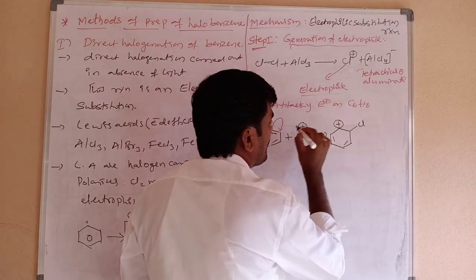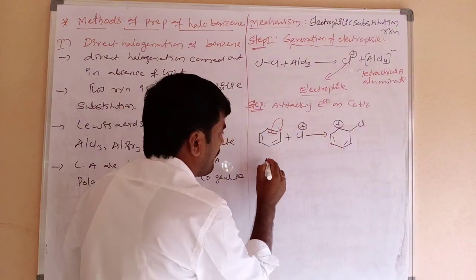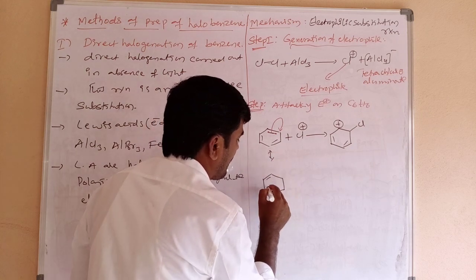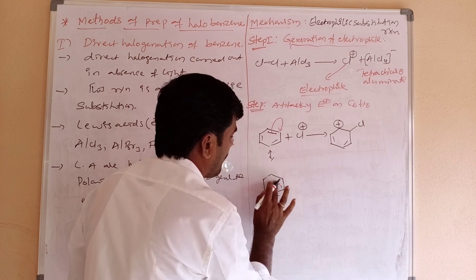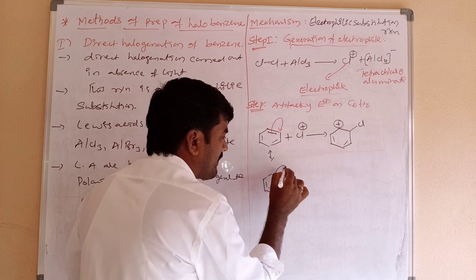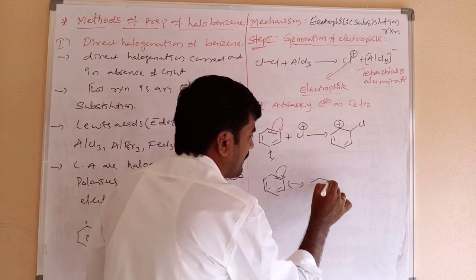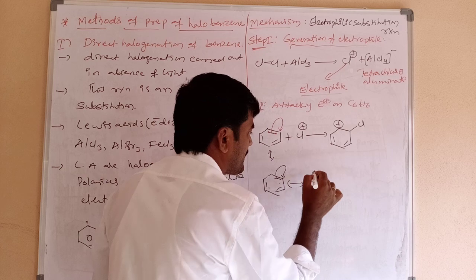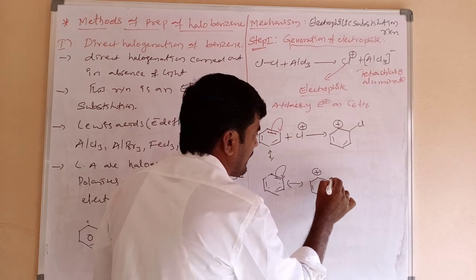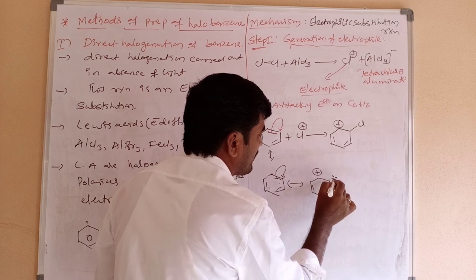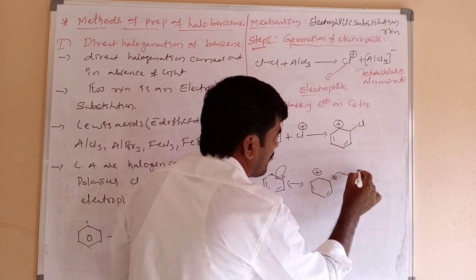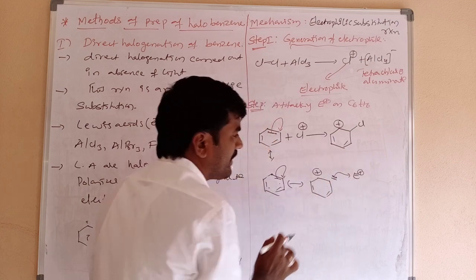Therefore, this carbon has positive charge because this pi bond shifted here. For example, I am writing here. Just observe this. Like this, pi bonds are there. Pi bond, pi bond, pi bond. Alternate pi bonds are there. When this pi bond shifts to this carbon atom, then what happens? Here positive charge, because this carbon loses one electron. Pi bond as is. Here negative charge. What's the meaning of negative charge? Negative charge is a pair of electrons. Now this pair of electrons is donated to the electrophile to form a sigma bond between the electrophile and this carbon atom.